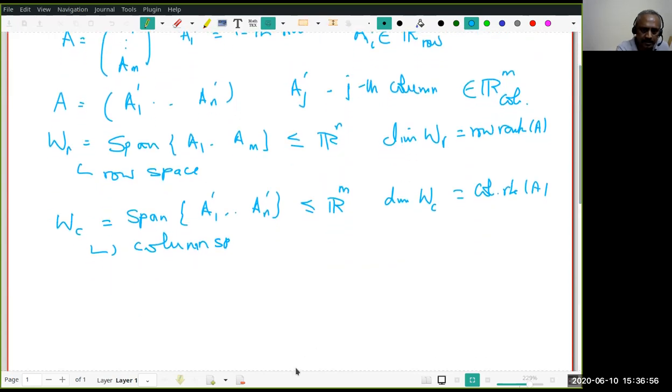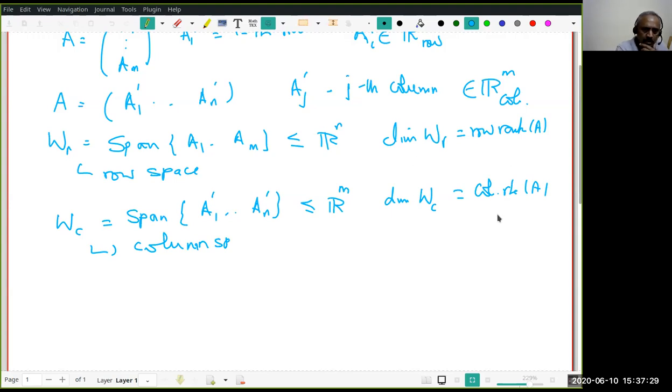Is it okay? Good. Again, we can interpret it this way. There are n vectors. Look at the maximal linearly independent subset of these n vectors and count the number. That is called the column rank, because those vectors which are maximally linearly independent will be a basis for the column space. Therefore, they are the same concept. Whichever you find convenient, you can use, but this will be more geometric.